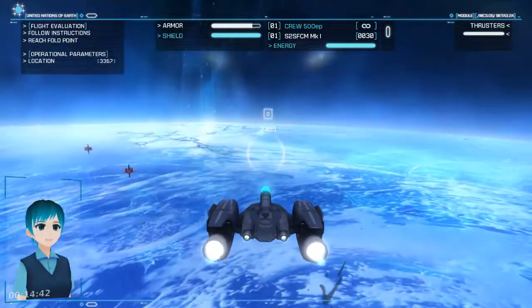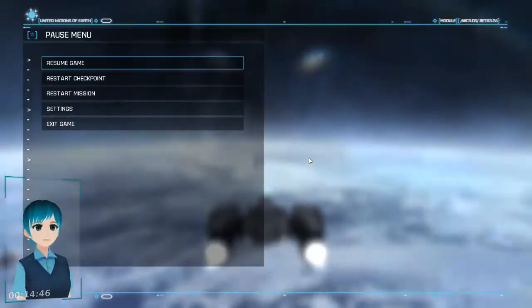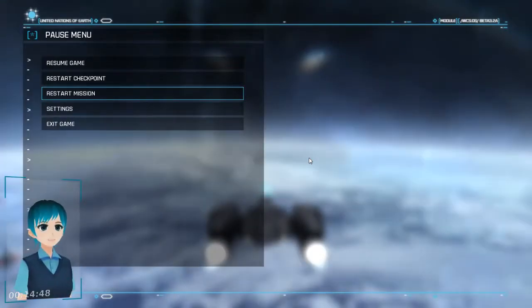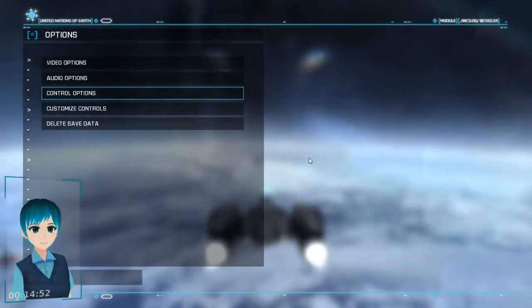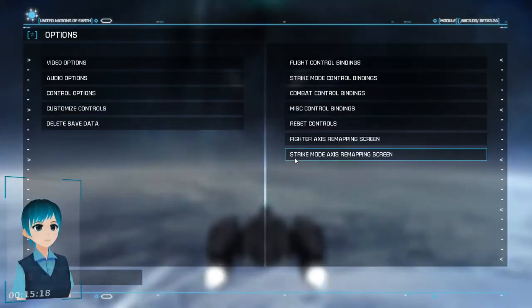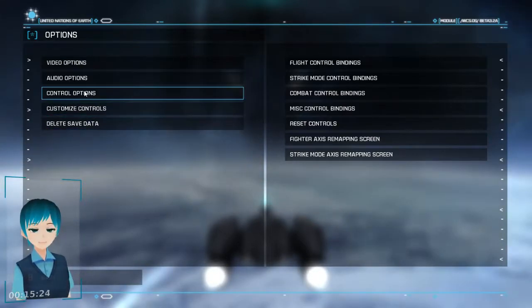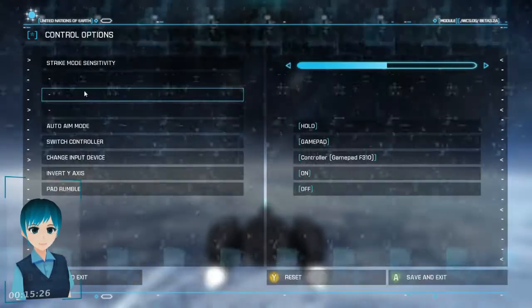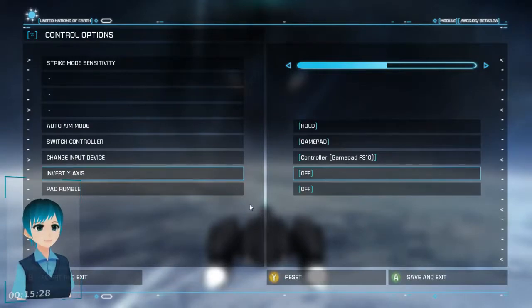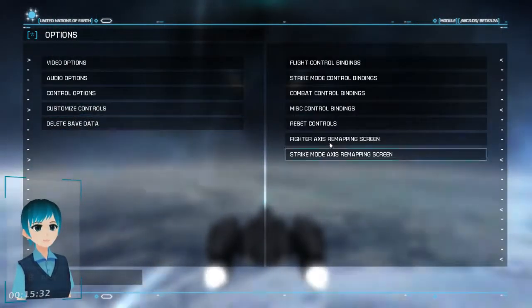Yeah, it's a muscle memory thing, you know? I just can't get used to these controls, because one's inverted and both of them are inverted. Yeah, by the way, it's been like 15 minutes and I'm still in the tutorial. Let's turn that off. Now, let's see if I can actually just rebind